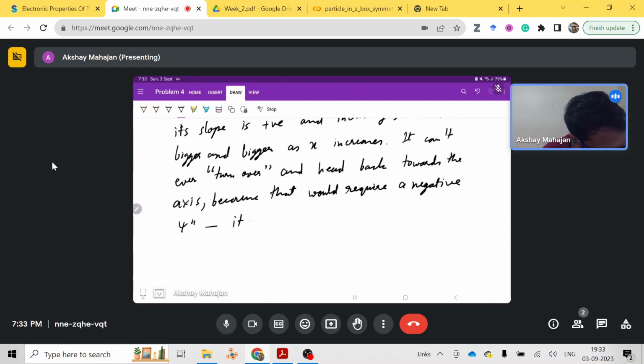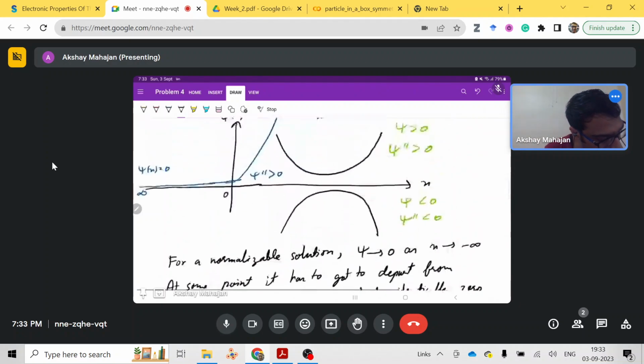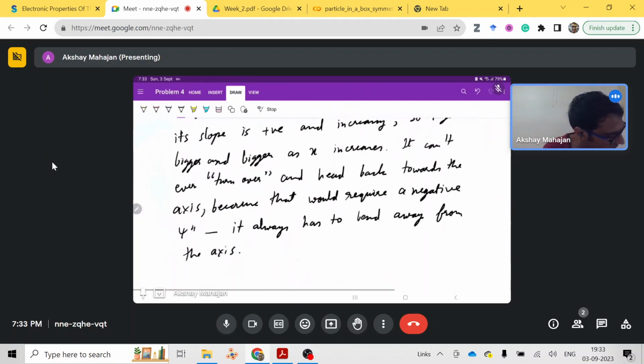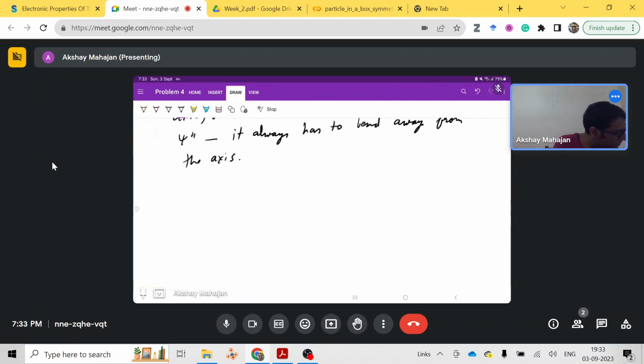Now it always has to bend away from the axis. As we have seen here, it always has to bend away from the axis if E is less than V min. By the same token,